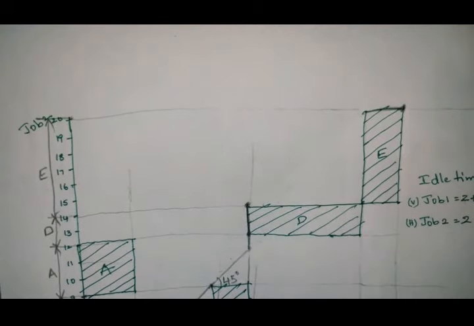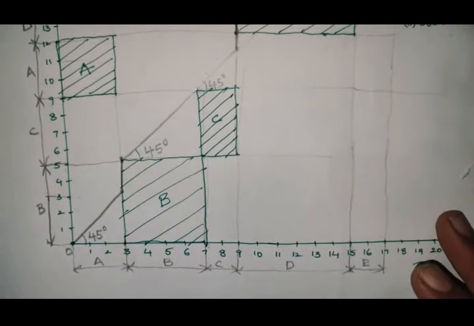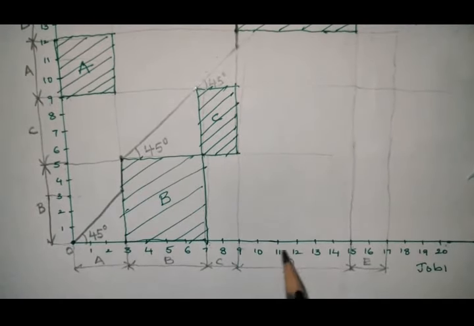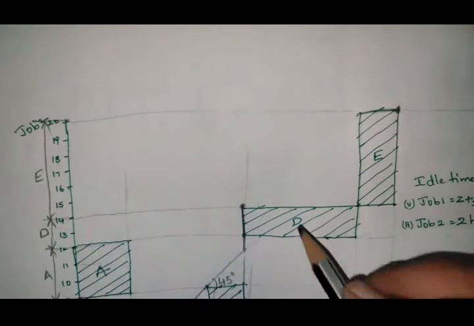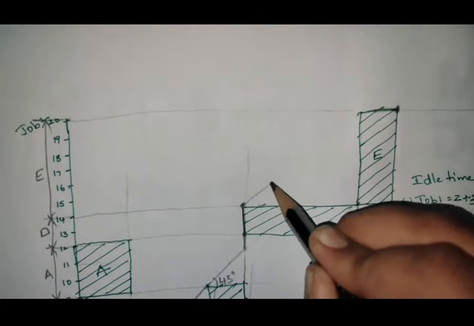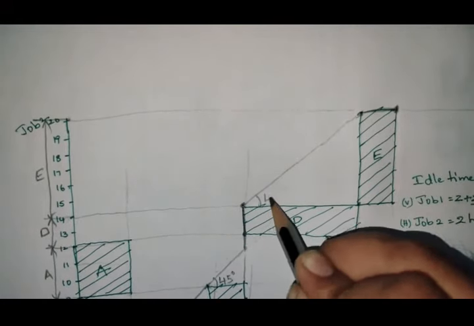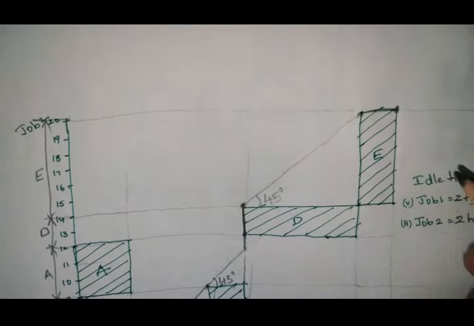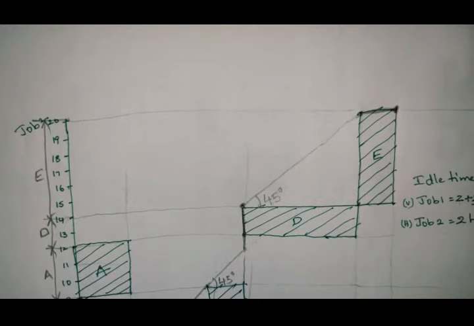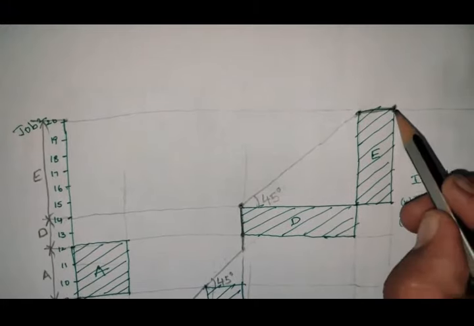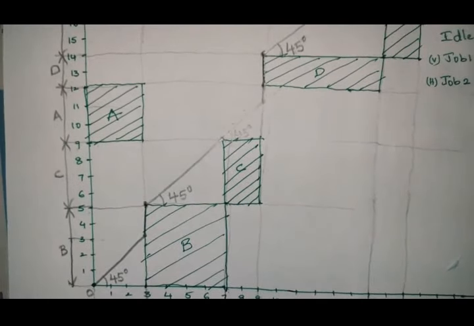If you draw a 45 degrees line from here, then from 9 to 15, 6 points are there, and on the y-axis also 14 to 20 means 6 points. So if you draw a 45 degrees line from here, it will touch this place. And next draw a horizontal line, it will close, right? So this is the ending point of the graph, and this one is the starting point of the graph.